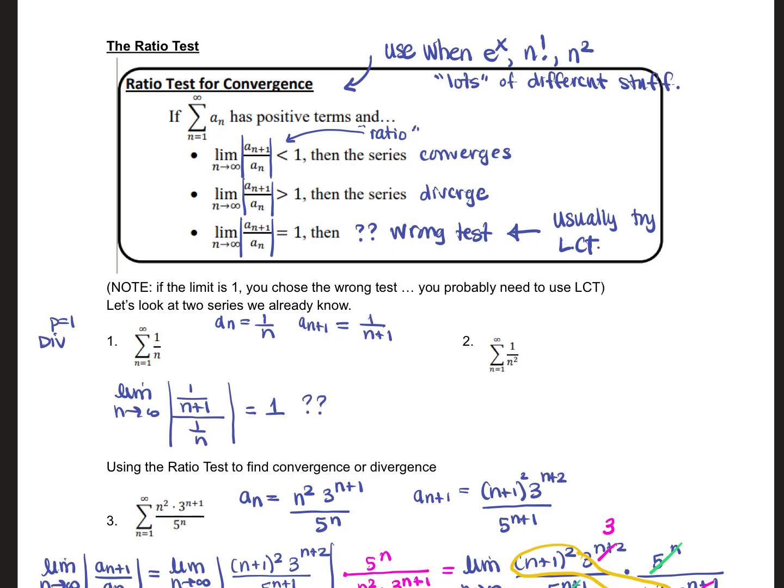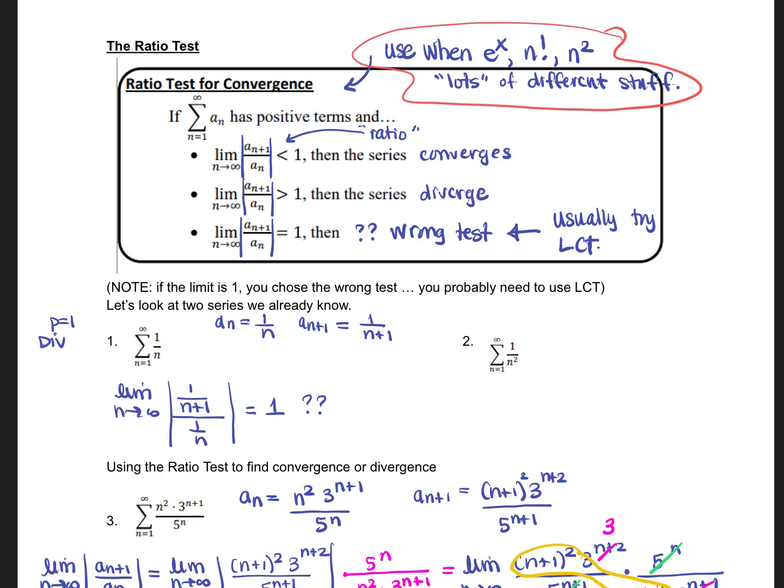Right, so the next test we're going to talk about is the ratio test. The ratio test works well when there are lots of different things, like exponentials and factorials and polynomials, all those things. So for the ratio test, what we're going to look for is we're going to look at any two terms,